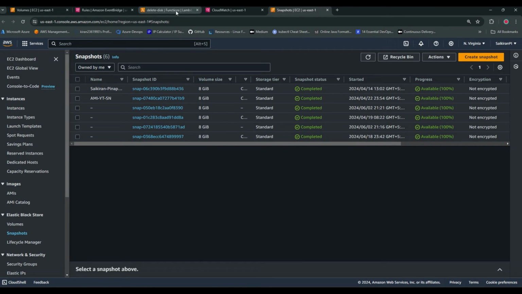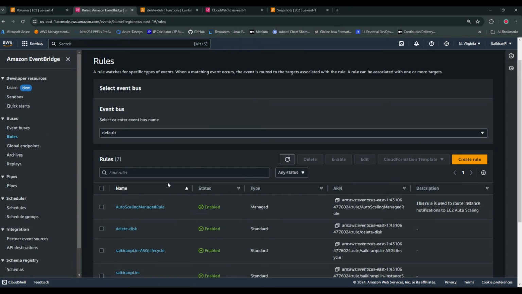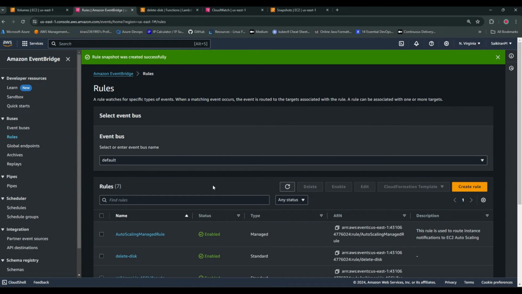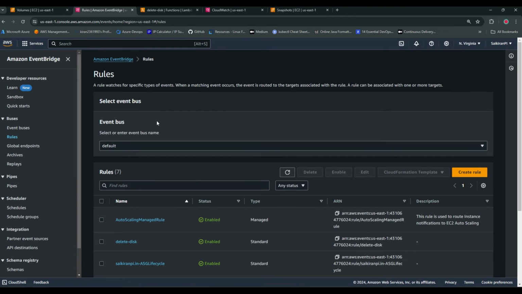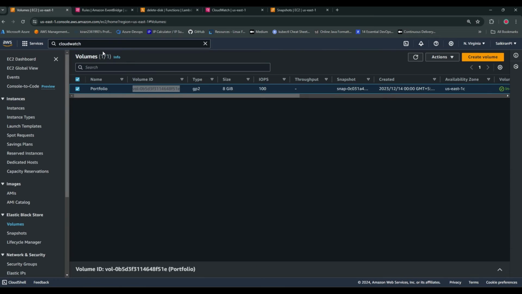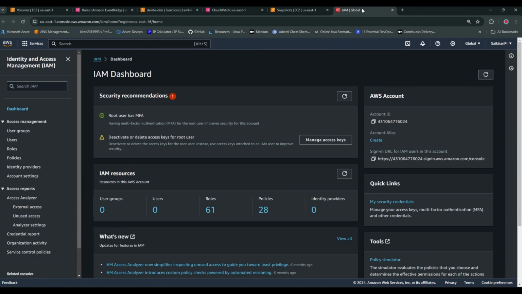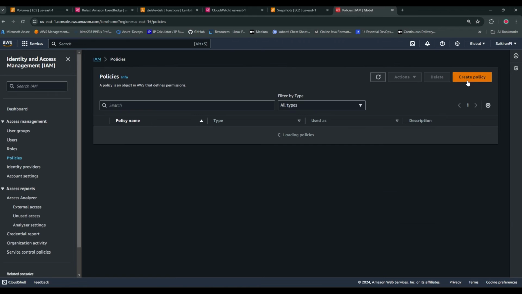Now I'm going to explain how to do the assessment, which I have told you about in the session. So in order to complete the session, the very first step you have to do is open IAM and create one policy. I'll explain it step by step, guys, do not worry. The first step is you have to create one IAM policy. Create policy,